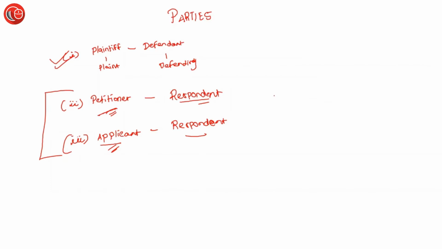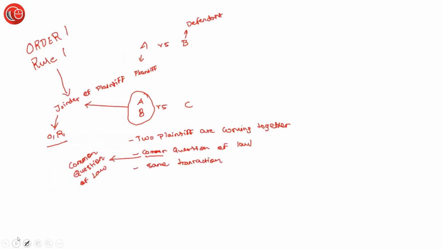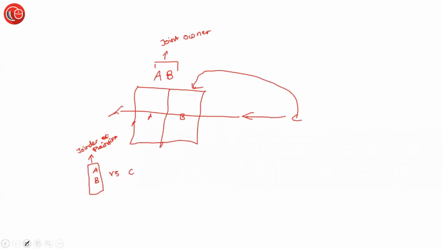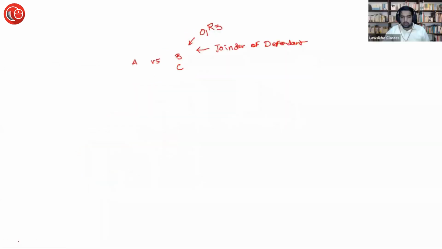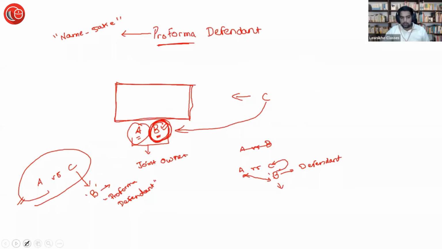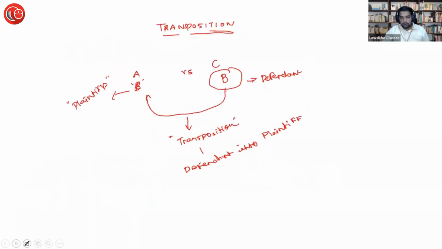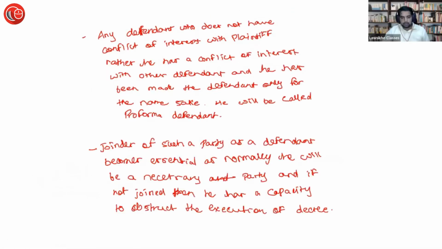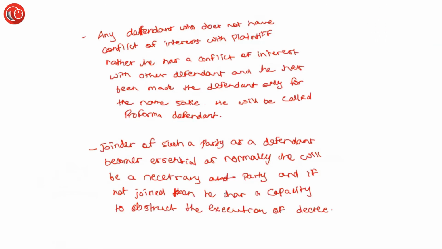So could we please go back to the slide in which you were explaining joinder of parties? He has the capacity to obstruct. Pro forma defendant. Yes, sir. Here? No, not here. Here, this wasn't it either. It was this one, right? This one. Or here. No, sir, in which you were making us write. This one. Yes, sir. Okay.